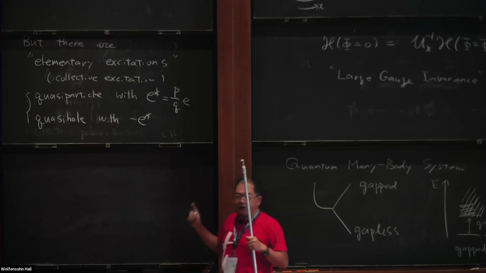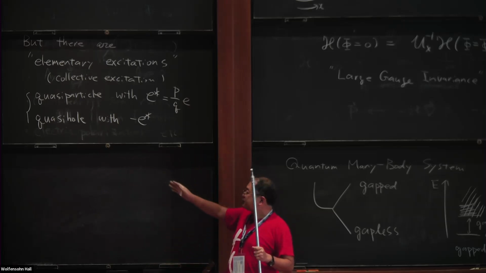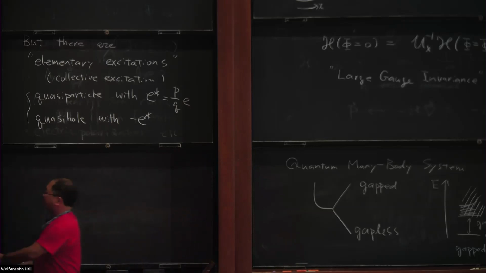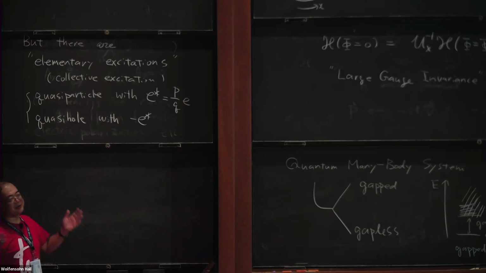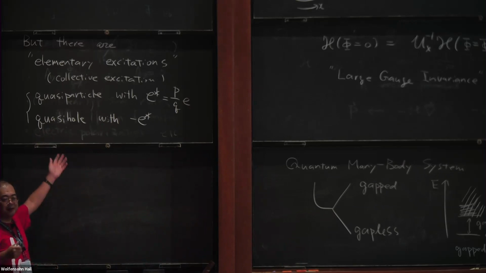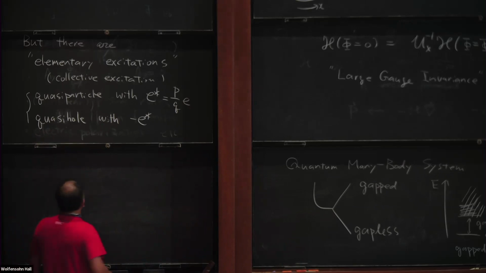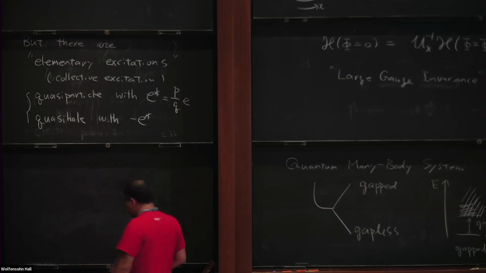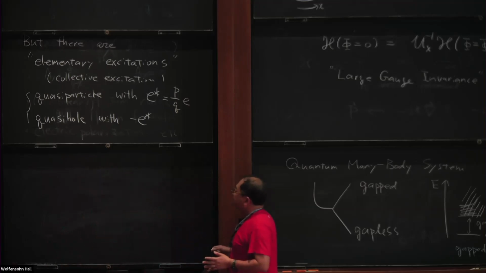And I assume that these quasi-particles and quasi-holes really behave like quasi-particles and holes. That is, they are not like fractons, which you cannot move. But these quasi-particles and holes, you can move around by, for example, adding an appropriate potential and dragging the potential, then you can drag the quasi-particle and hole around. That's our assumption. Then we can consider the process